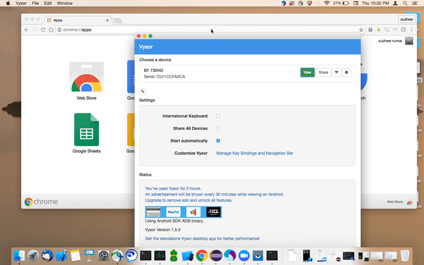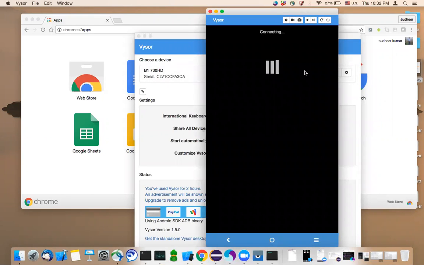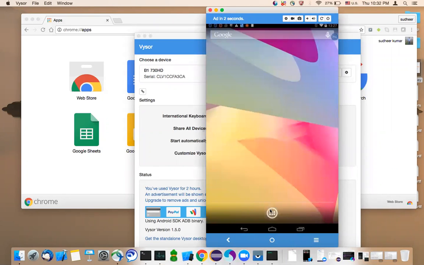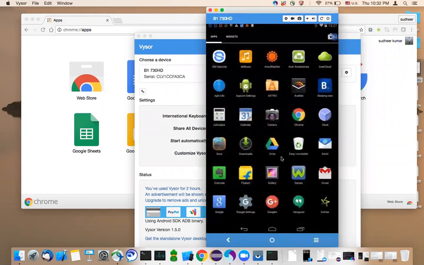Okay, so once the device is connected and you open Visor, you get to see this kind of screen. Click on view. Okay, so this is my screen that you are viewing. Go back. Also, before you click on view,